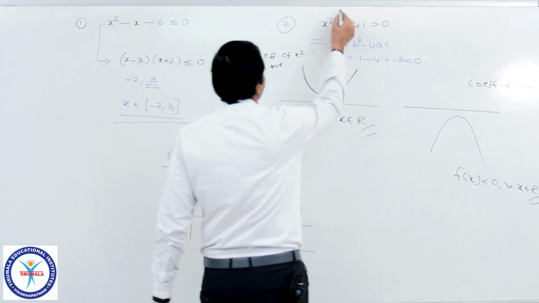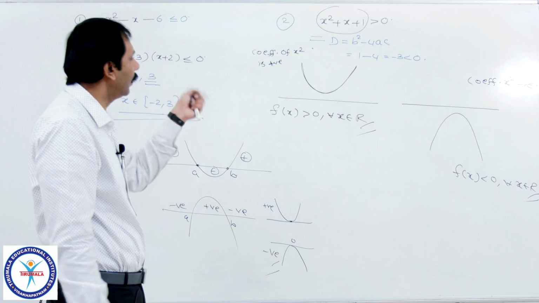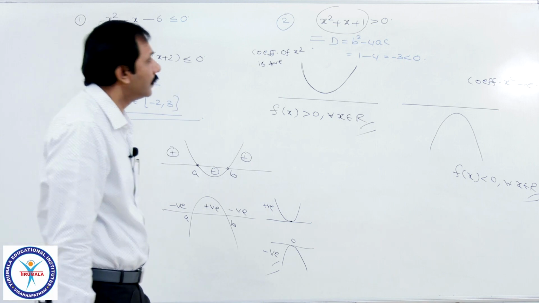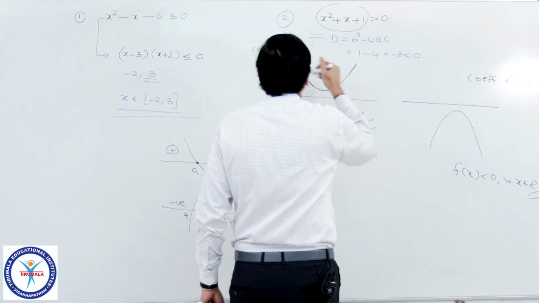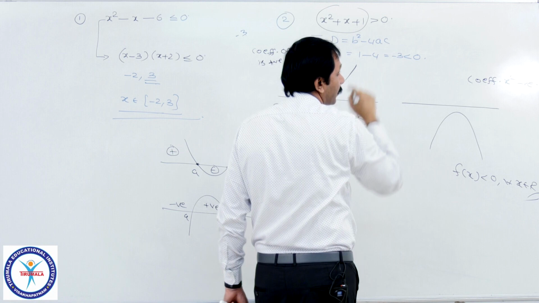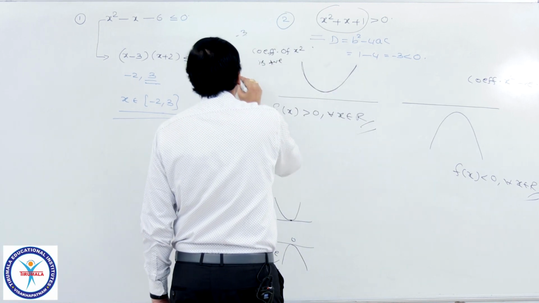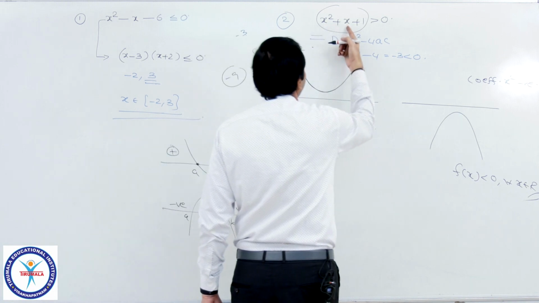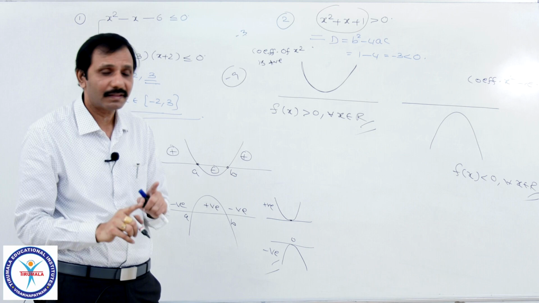Here the coefficient of x square is positive, you put any value of x in that. If you take 0, 1; if you substitute 0, what will you get? 0 plus 1, positive. If you take minus 3, what will you get? 9 minus 3, 6, plus 1, 7, positive. Or if you take positive, always positive only. If you take minus 9, what will you get? 81 minus 9 plus 1, always positive. Therefore, you observe only one thing.